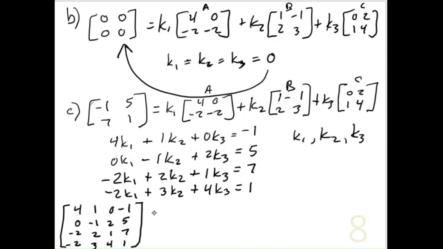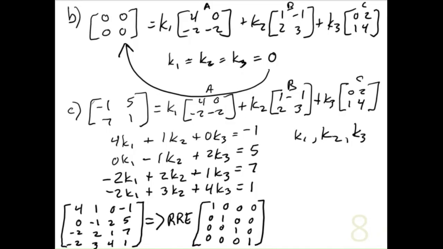Obviously you're going to use your matrix operations to get it into reduced row echelon form, and the final matrix is going to look like this: 1, 0, 0, 0, 0, 1, 0, 0, 0, 0, 1, 0, and then we have 0, 0, 0,